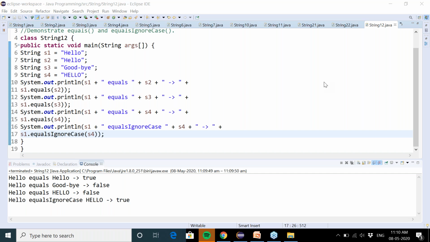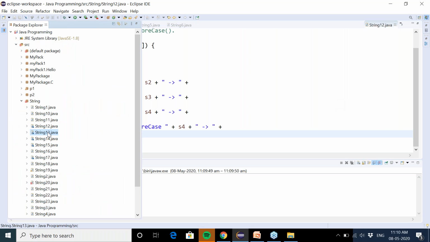So the next problem is problem number 13. Here it goes. But before this, I am going to write one code for you, and you all are supposed to answer that. I'm going to create a new class.